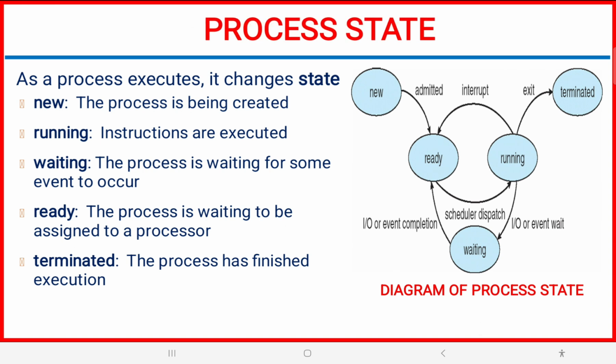So if you see over here, basically a process can be in any one of 5 states during its lifetime, that is from process creation to process completion. These 5 states are new, ready, running, waiting, and termination. As far as the first state is concerned, that is new, it is that state when the process has been created, that is, it is the newborn